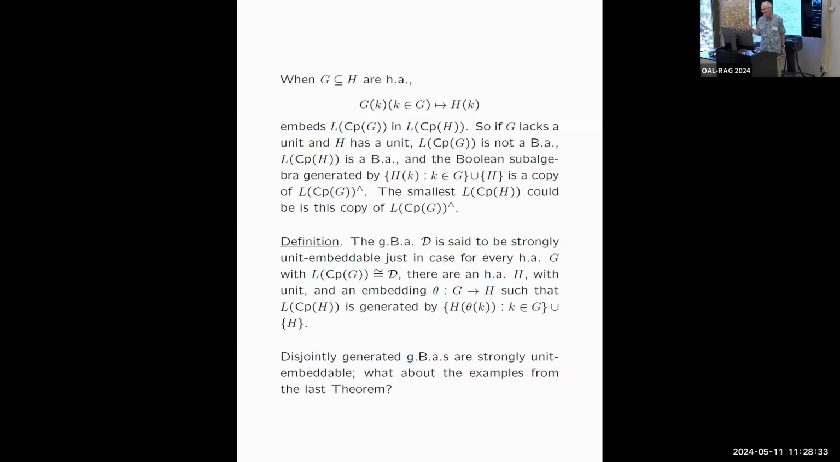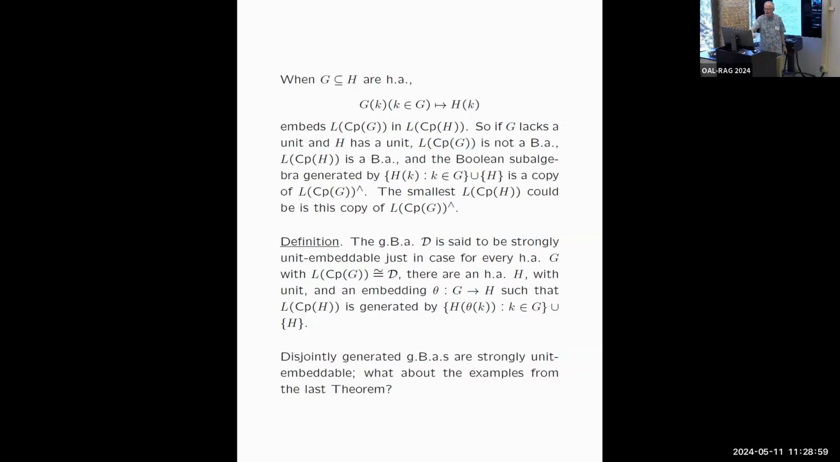Because in this extension process, you're not just adjoining elements to a Boolean algebra, you're adjoining elements to an L group. And when you combine them in special ways, you may get elements with supports that are completely different from what you already know. So the Boolean algebra might grow in a strange way. Well, my generalized Boolean algebra will be said to be strongly unit embeddable, just in case